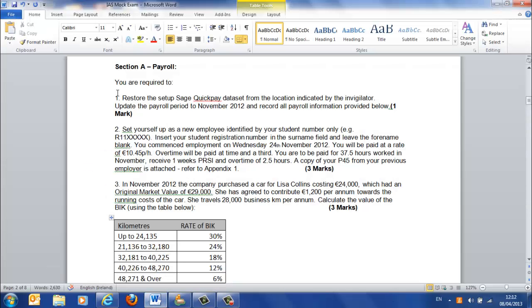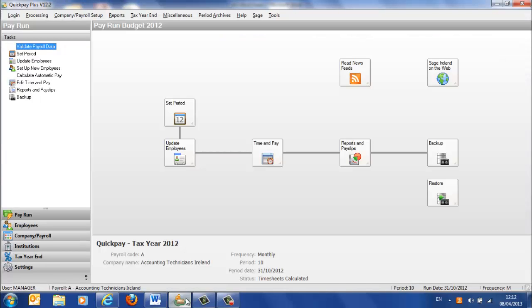Step one that you always have in the exam is you must upload the data set from where it is saved. In this case, the accounting technicians normally supply it on a disk. It could be saved onto your desktop, or supplied on a memory stick. So first step, you need to open up your QuickPay program and make sure that it is open in company A. Now restore,